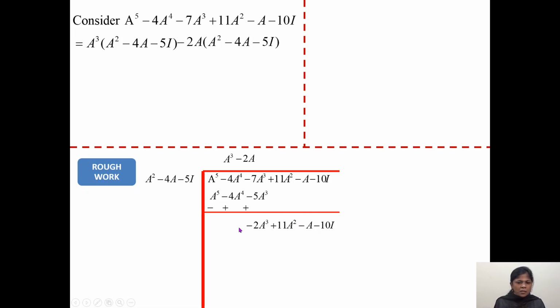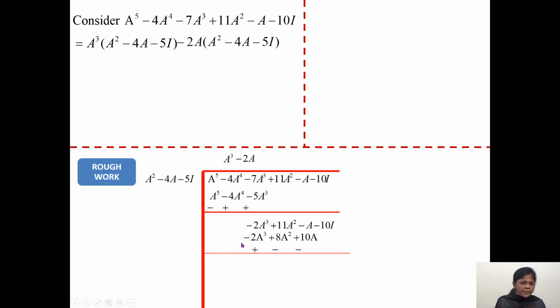Okay, now see this remainder. Now the degree of remainder is more than this divisor, so still we have to simplify this. So I have to obtain from A square minus 2A cube. So what we do? We will multiply by minus 2A. So I have written minus 2A, again this divisor as it is. Then simplify this, open the bracket. So what we get? Minus 2A into A square, minus 2A cube, then minus minus plus 2 into 4, 8A into A square, then minus minus again plus 10A into A. So we have this one, right?